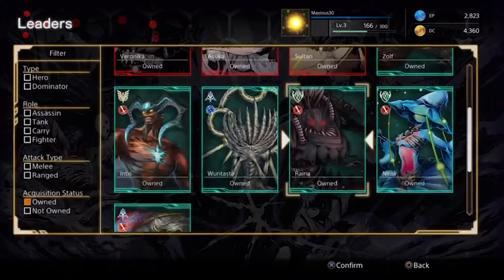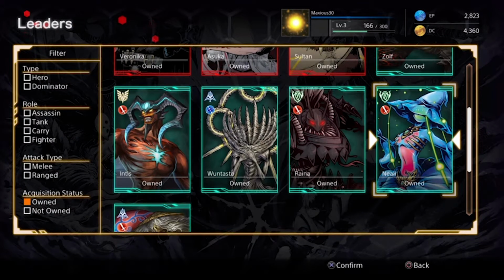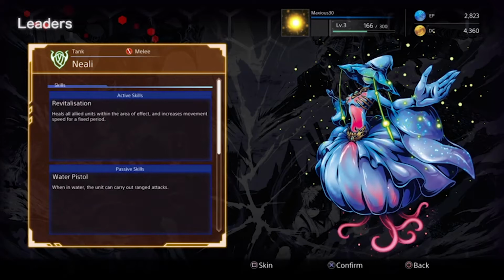Okay, two left for this first batch. Another tank class. Looks like a wizard to me. I cannot even read that. Revitalization. Heals all allied units. So this is a healer class. Heals all allied units within the area of effect and increases movement speed for a fixed period. Passive skill, when in water, that unit carry...